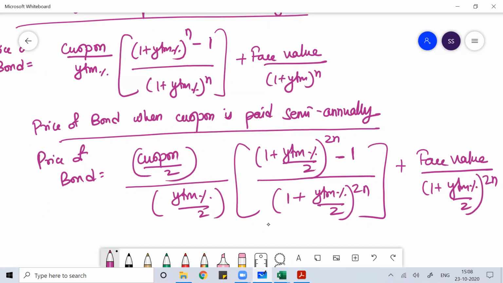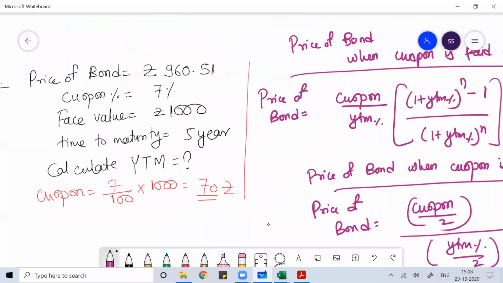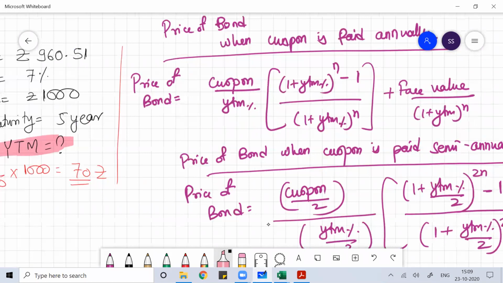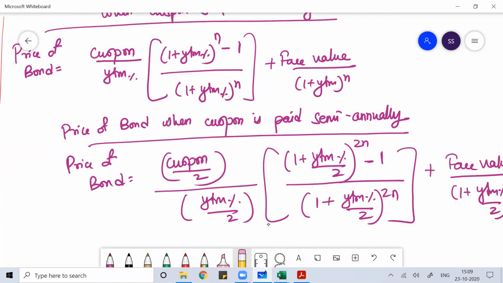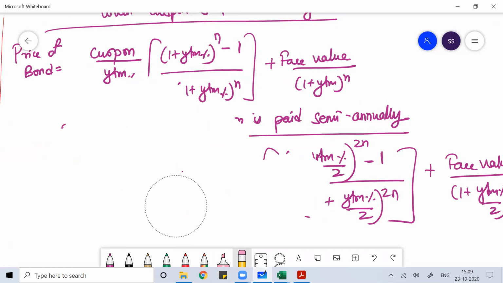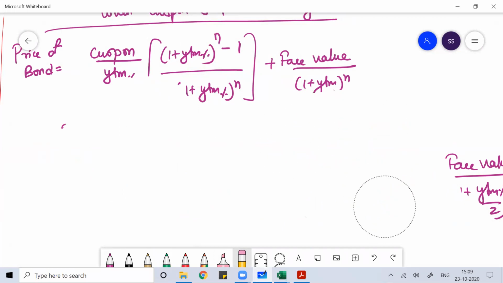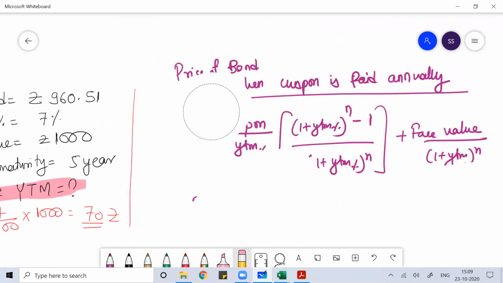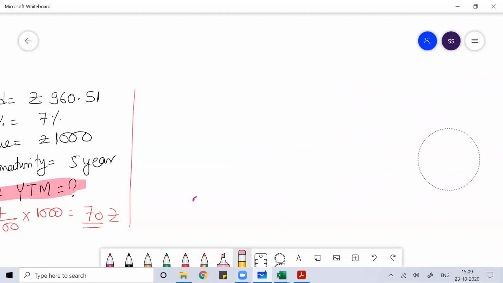Okay, so I hope you have understood this. So let's go further and talk about yield till maturity now. The topic for today's class discussion is to discuss the formula, or how to calculate the yield till maturity. So what is yield till maturity? Yesterday I gave you the definition, or you can Google the definition of yield till maturity. That hard work you can do yourself.